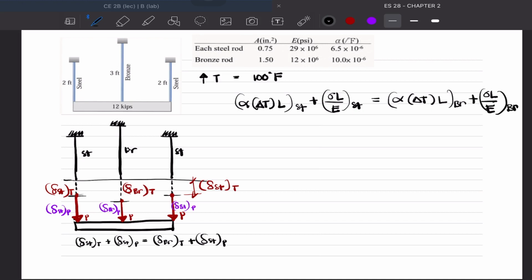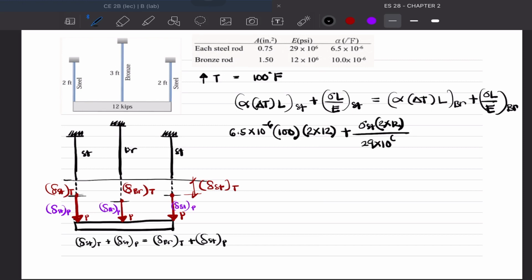Okay, alpha is 6.5 times 10 to the negative 6. Change in temperature. Length sa steel rod is 2 feet. 2 times 12 plus stress sa steel times length nga 2 times 12 over E for steel rod is 29